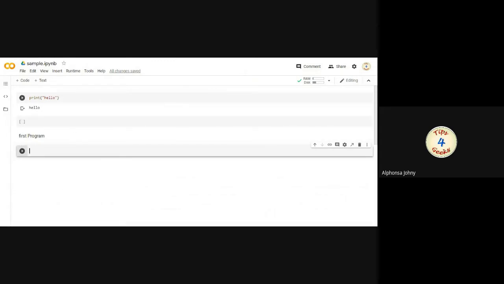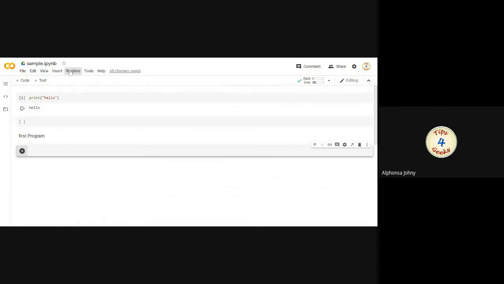So this is how we can simply open a notepad and start programming. This is similar to our Jupyter notebook. That is, we have to install Python, and after we open Jupyter notebook in our laptop or desktop system, we will get the same interface. Here we have access using the browser only.